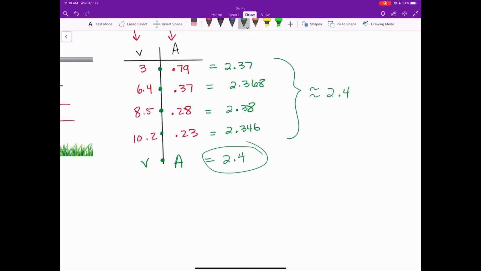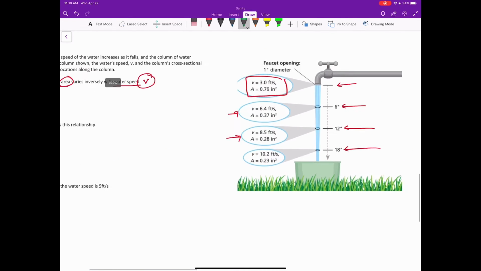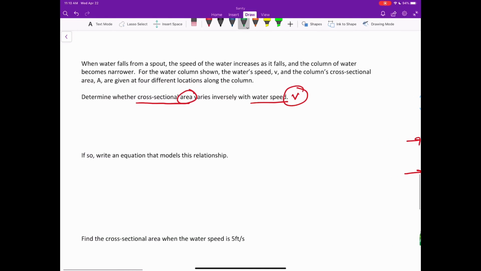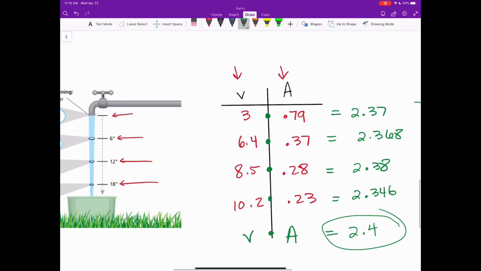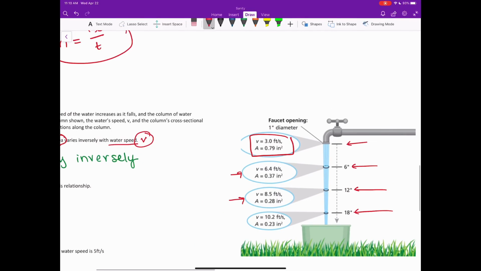I'm going to use that, and now I can see. All right, let's just go back to this. I can say, yes, they do. Yes, they do vary inversely. And on your homework, I'm going to ask you to explain. You could just say, well, I multiplied all of my data points together, and they came up with a constant number. All right, so back over here, I'm going to say